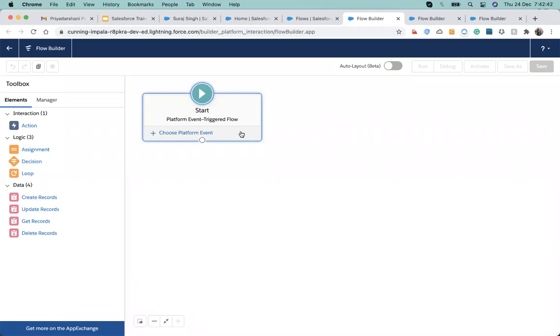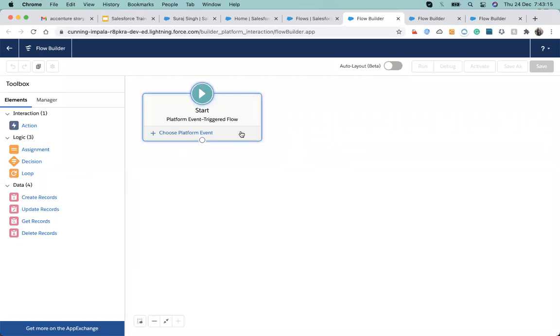An event can be anything. It's just a notification. It's not only when a record is updated, created, or deleted. Suppose I was working on some page and I just want to notify that information to anyone. It's basically broadcasting a message, and whoever is a subscriber to that message gets a notification.